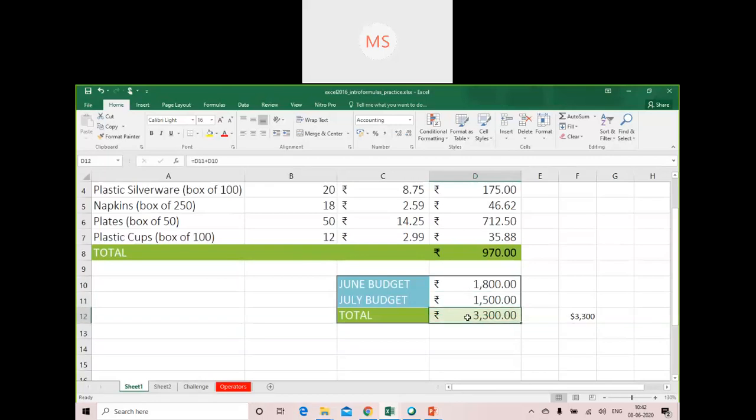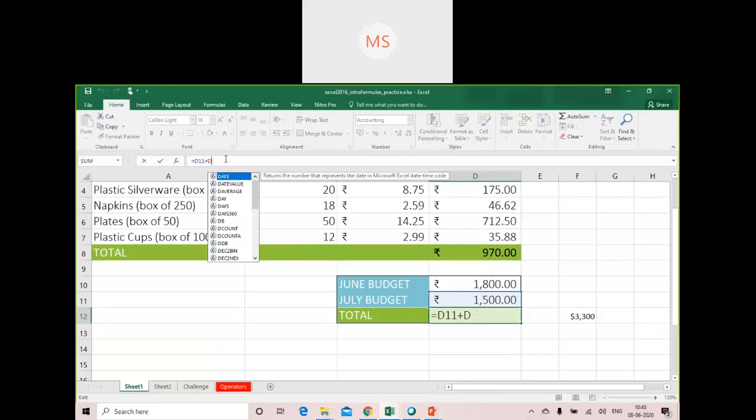Now if you make some changes by mistake, if you put D9 and D10 instead, what happens? It will become 1500. Why? Because D9 does not have any value, not even 0, so it will not consider it and will simply use the value which is available. In this formula, the only available value is 1500.